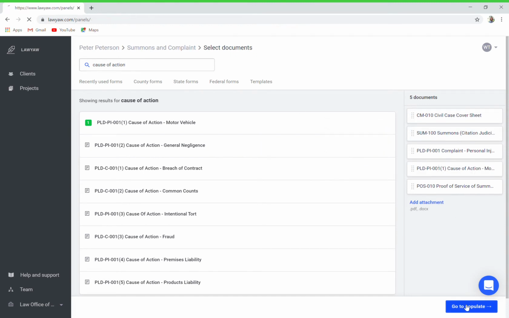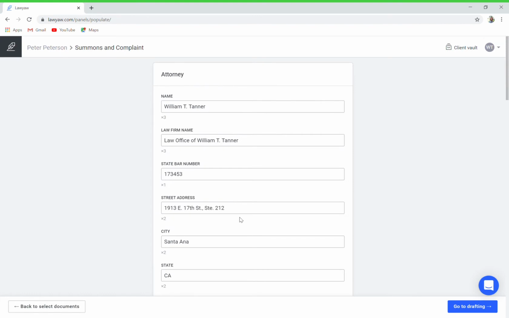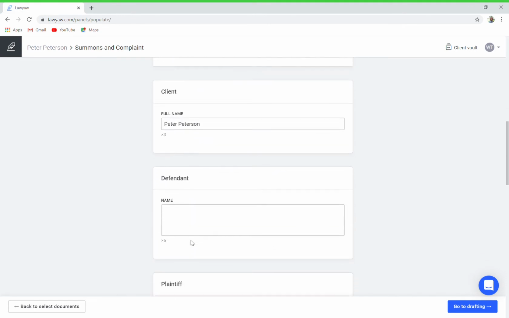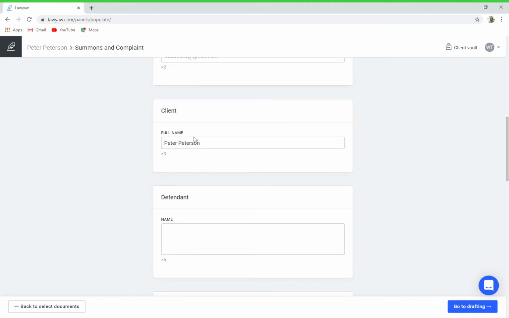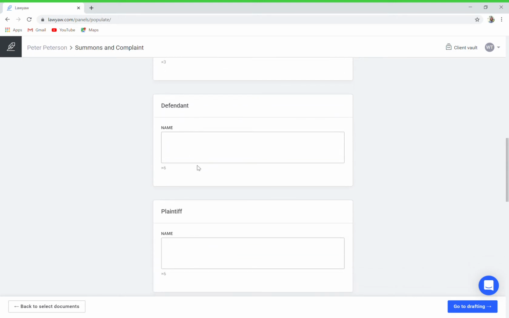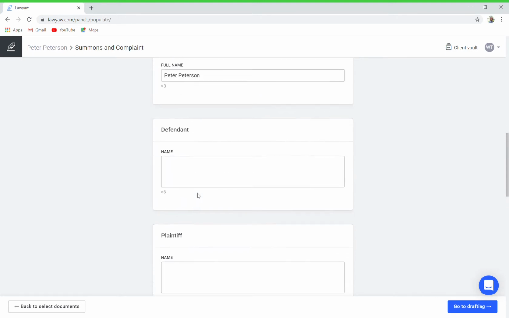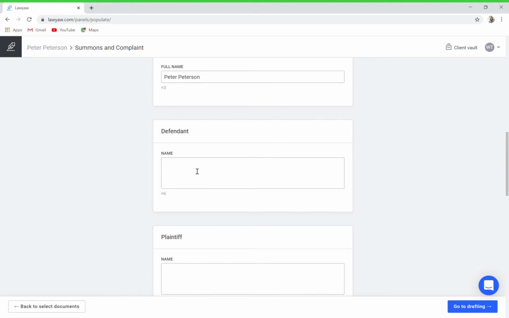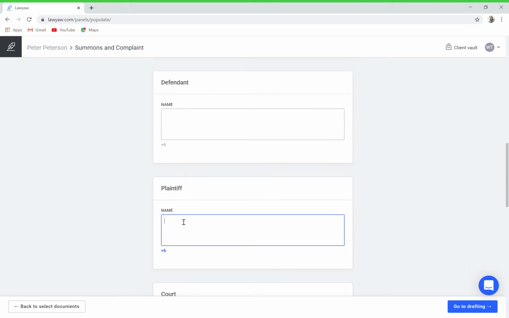So now we're going to go to populate. It's going to open up a profile. Again, since I am the responsible attorney, it is put in my name and my address. We're going to put Peter Peterson in there. That's our client. Then who is the defendant and who is the plaintiff. Now, I'm going to skip putting in the defendant to show how to add information when you forget. But here, Peter